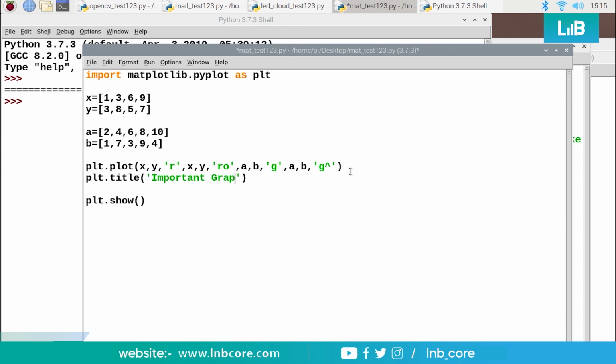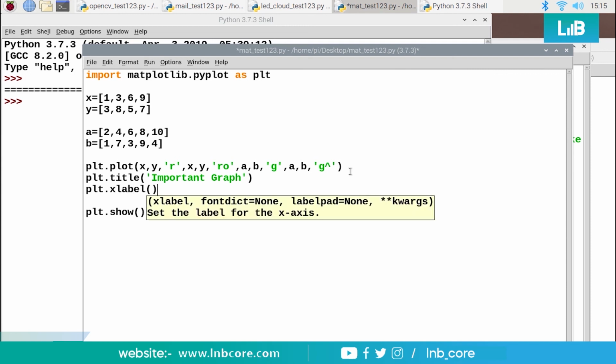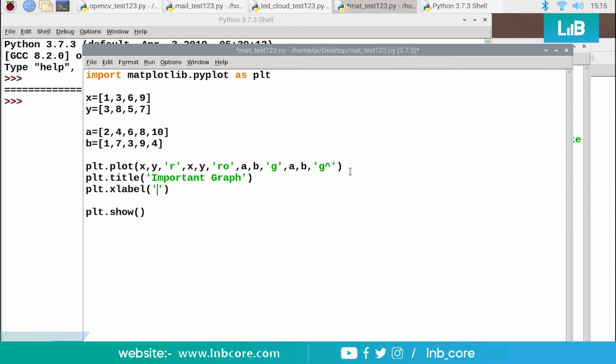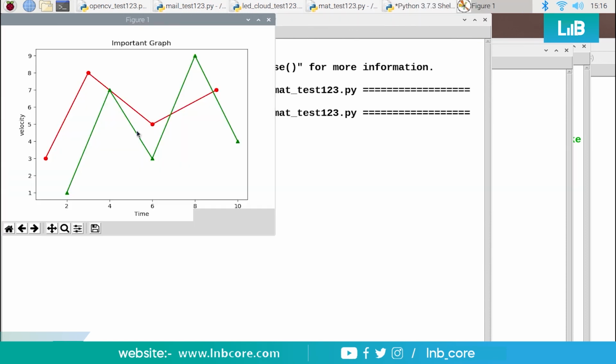You want to use the x label, suppose time, and the y label, suppose velocity. So you will get the labels and also the title over here. These are the labels, velocity and time, and this is the title of this particular graph.